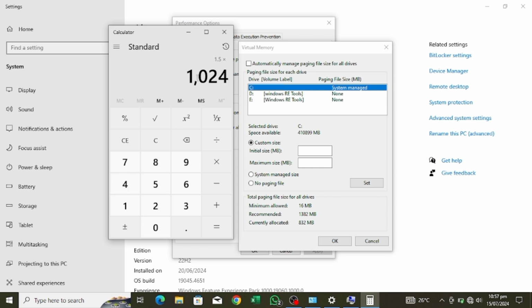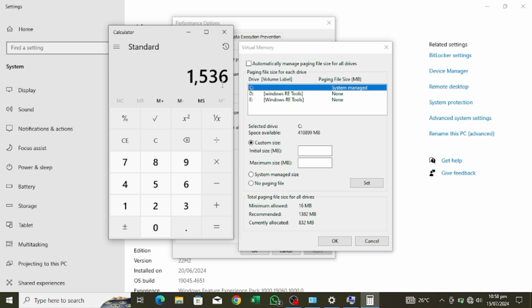So you might be wondering, how did I get this 1024? This is how many megabytes make 1 gig. All right. So 1024 makes up 1 gig. So you're going to multiply this number by the 1.5. So when you multiply it, you get this one,